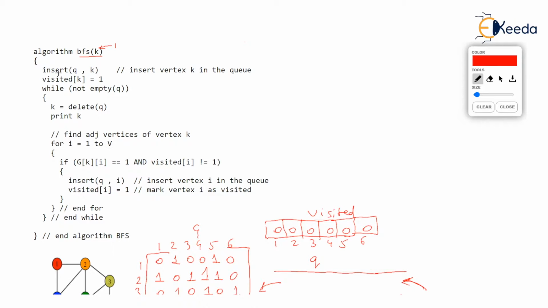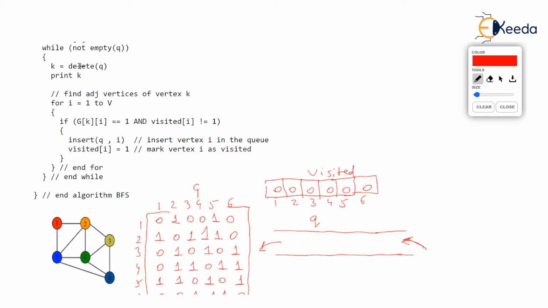We insert the kth vertex, that is the first vertex, k is 1, in the queue. That's the insert function of the queue data structure. What we are inserting is the value of k, which is 1, in the queue. And remember, the queue was empty initially. Now the queue shown here is going to store 1. So the queue is no more empty. The initial vertex from where we started has been inserted in the queue.